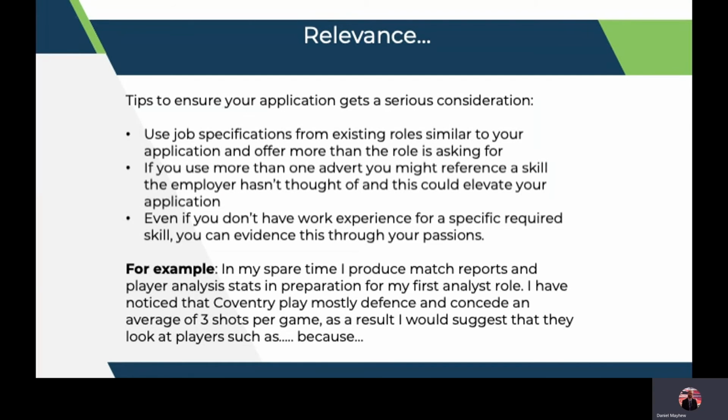Relevance is an incredibly important part of application forms and part of personal statements. Relevance means you are tying your application form to the needs of the organization you're applying to. So to ensure your application gets a serious consideration, as mentioned previously, you should be using, where possible, the job description, job specifications as well from existing roles similar to your application and offer more than the role is asking